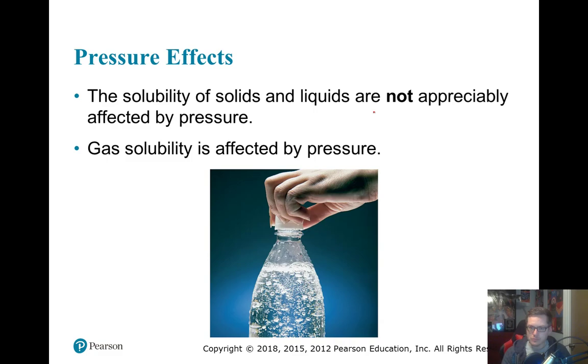Okay. Next effect here is pressure effects. Solubility of liquids and solids is not affected, or at least not appreciably affected, by pressure. So, if you have a bunch of sodium chloride and you're trying to get it to dissolve in water, increasing the pressure is not going to help it dissolve more. However, gas is